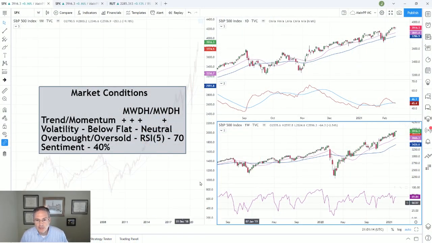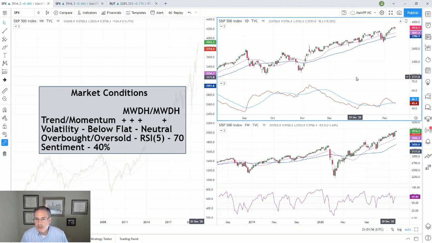I've got a little bit different setup today. I put the market conditions on top of this chart over here, and I'm using TradingView for the video today. If we look at what I've done here, I've got the trend and momentum again, volatility, overbought, oversold, and the sentiment. So no change there. I've got the plus mark showing which time frames, monthly, weekly, daily, hourly, on a trend basis, and then monthly, weekly, daily, hourly on a momentum basis. I'm going to go into that more in depth in a minute. The volatility is flat now. So let's just look at this chart over here.